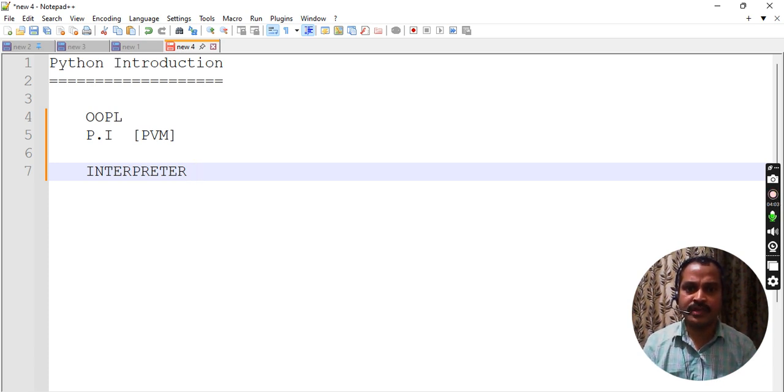An interpreter converts the information into operating system understandable language, line by line. That is the interpreter's work. Interpreter language means the language doesn't contain any compiler, so directly it will execute a program like an HTML program. Python also doesn't contain any compiler.